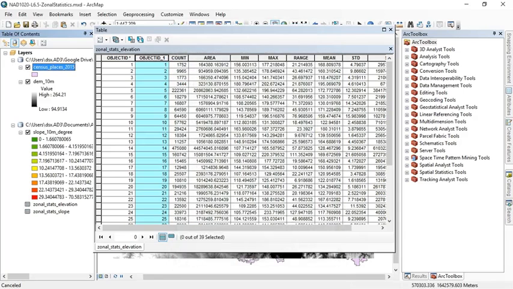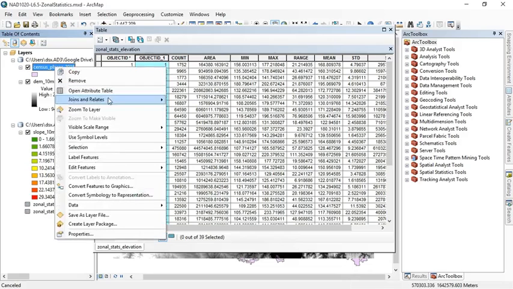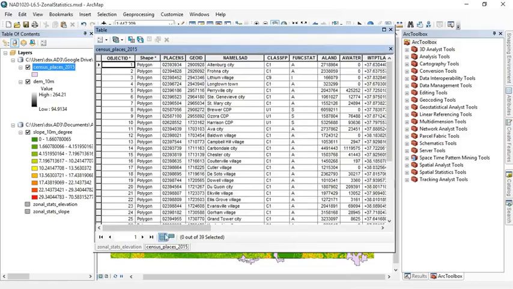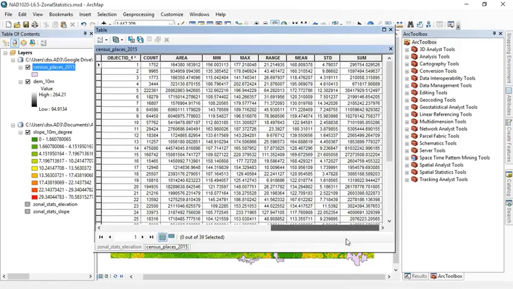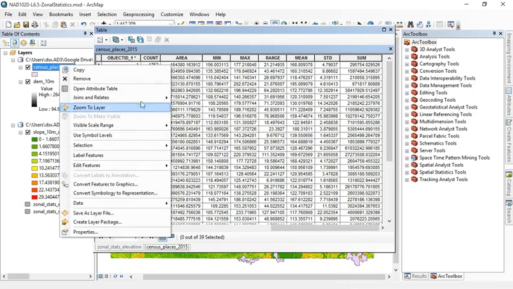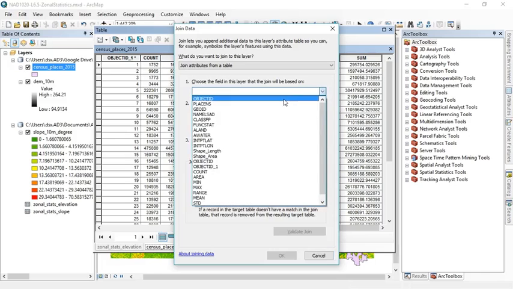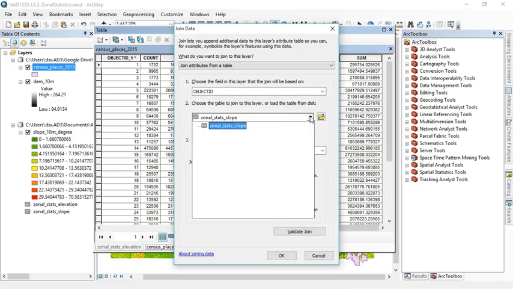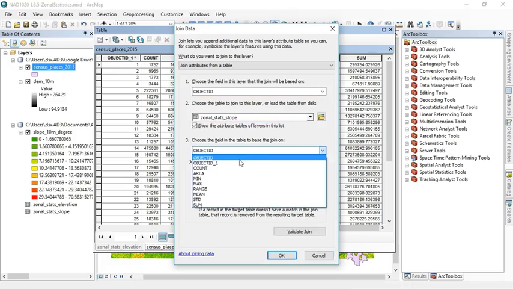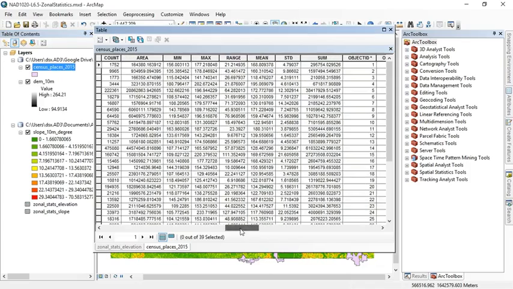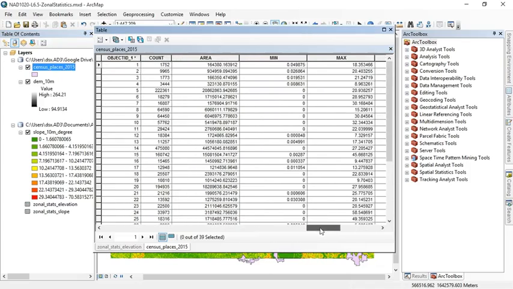So if I click OK, it adds the join, and then when I open the census places table, I can see my zonal stats table appended at the end. Well, this works fine, but let's join in the slope table now. So I'll select object ID again and zonal stats slope because it's the only unjoined table. Again, I'll select object ID 1 and click OK. We have a problem now. I have